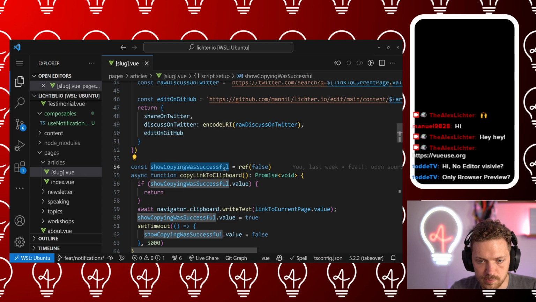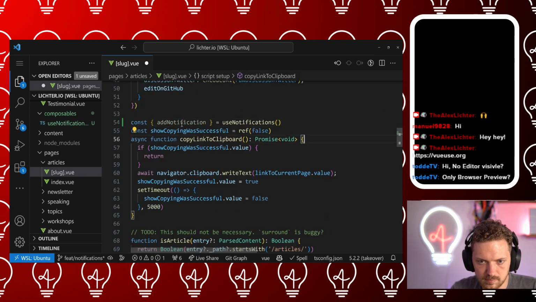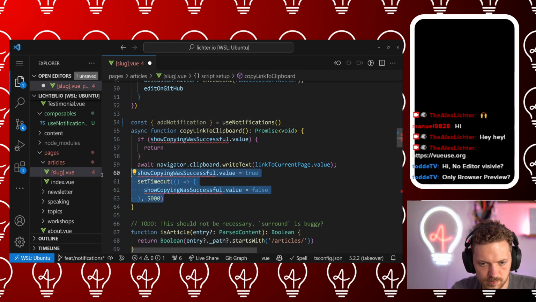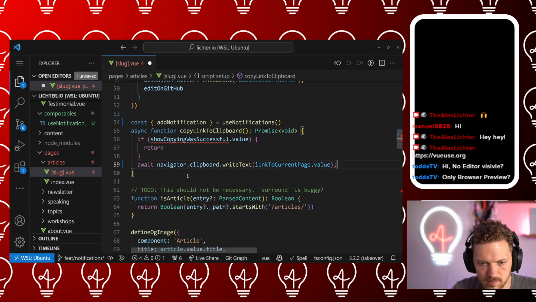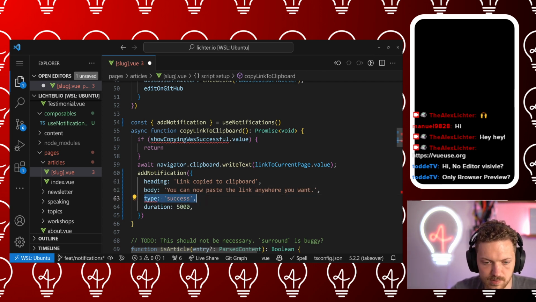We have this show copying was successful. We don't need it anymore. Instead, we need const add notification. And we remove this whole thing and say add notification. Yeah, link copy to clipboard is heading. Body can be that. Type success. We don't work with types so far, so we just said icon class. Here